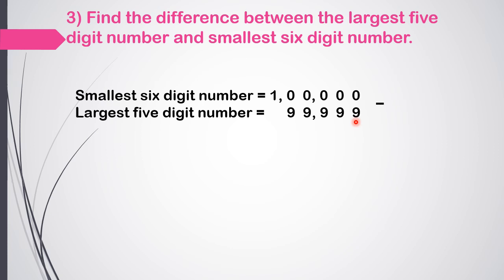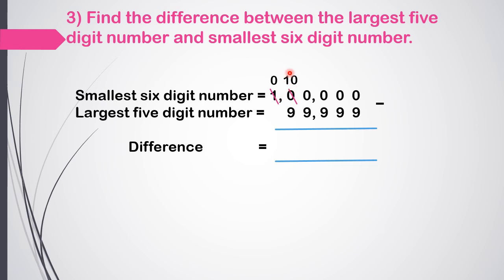So we are going to find the difference. So subtract. Can we subtract 9 from 0? No. So we have to borrow from the previous number. Here the previous number itself is 0. Then we have to borrow from the previous number. That one is also 0. Then the previous number 0. Previous number 0. Here we have 1. So now that 1 becomes 0 because we gave that 1 to the next digit. So here 0 changed to 10.